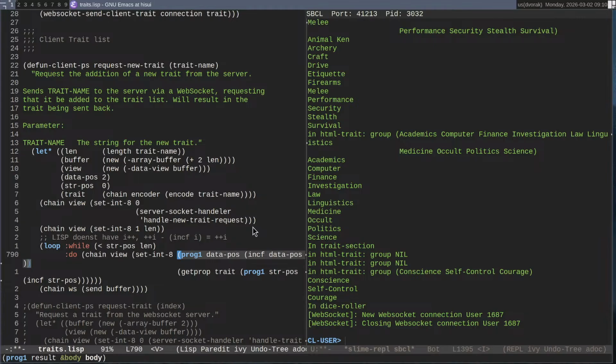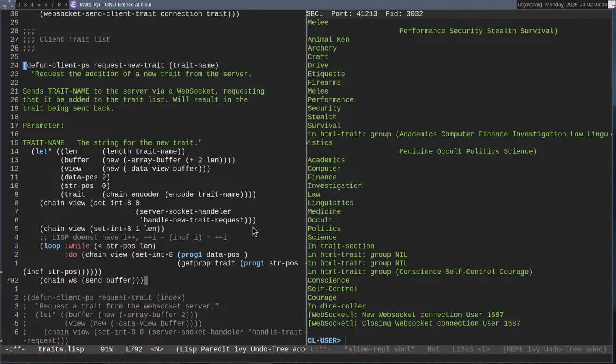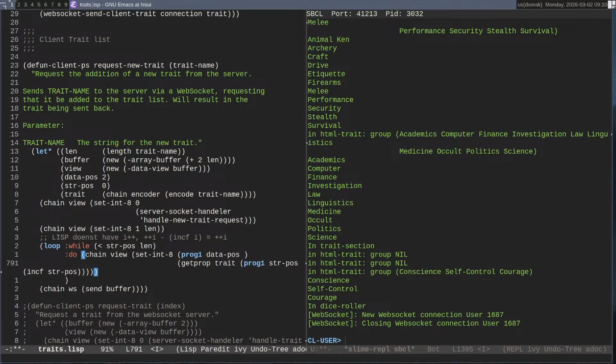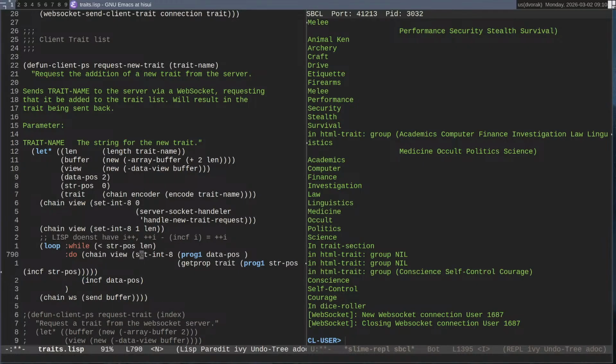Going to grab... No. I'm going to grab this bit. And we want it to be inside the loop. Do I need... Yep, so that's... So we're setting the data pos as is, and then we're incrementing it, which is what we want to do.